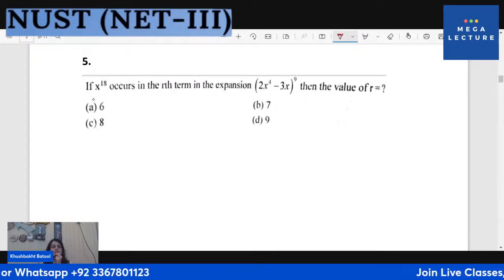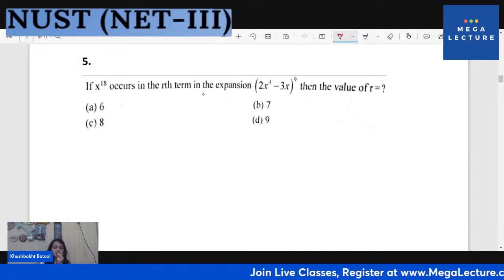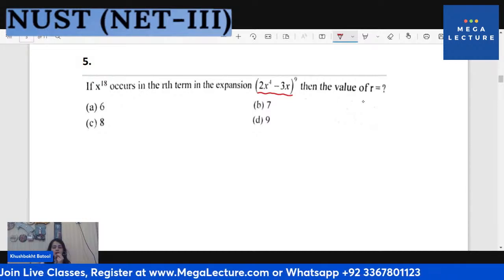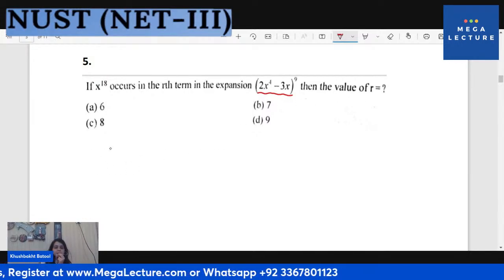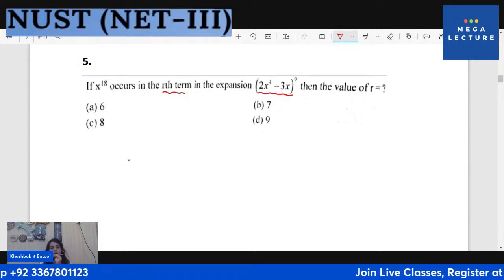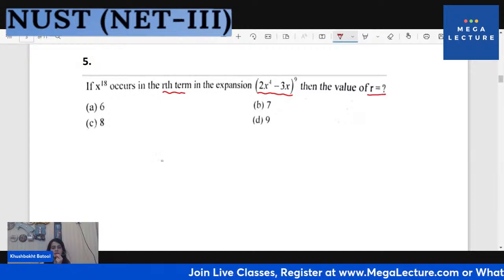Okay, it says if x power 18 occurs in the rth term in the expansion of this, then the value of r is what? All right, let's see. So we are talking about the rth term. For the rth term, I can think about it this way. We are interested in finding the value of r. So it would be